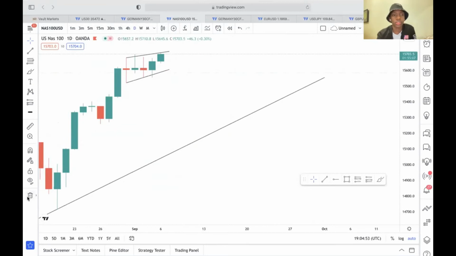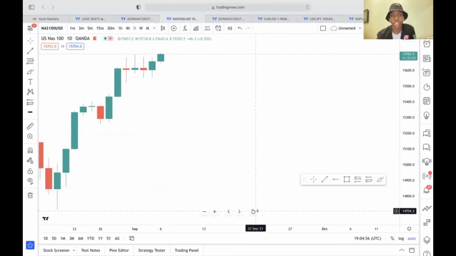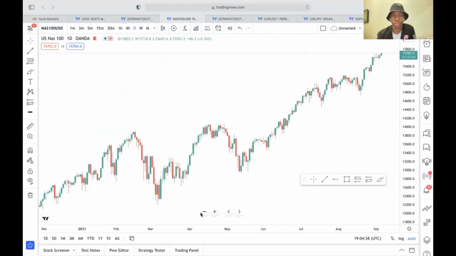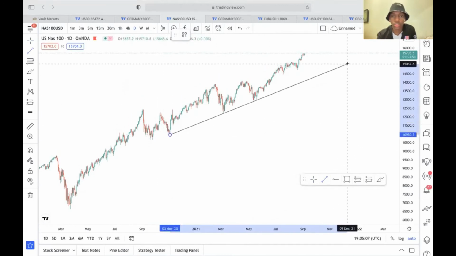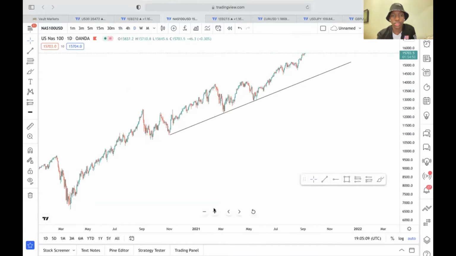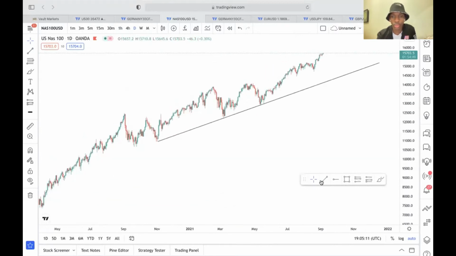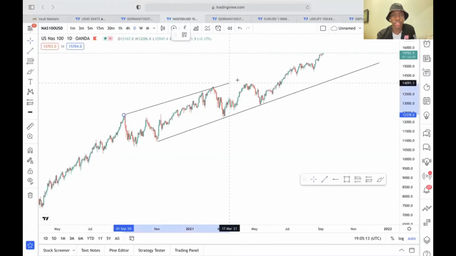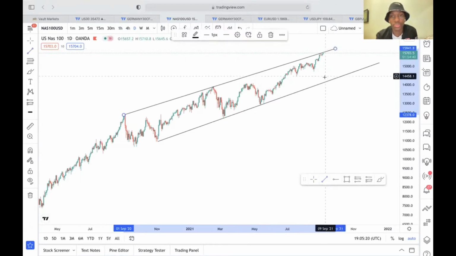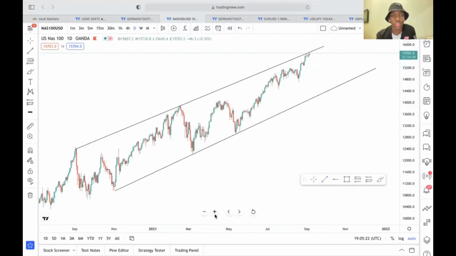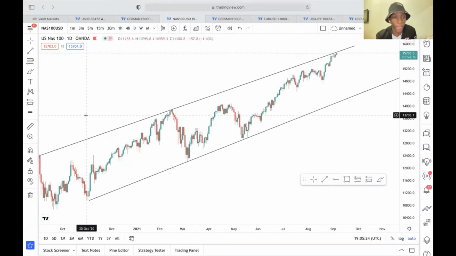NASDAQ. This thing isn't the same anymore. So guys, as I said, you connect your trend line on the lows, let me just zoom in a bit, on the lows and then on the highs. So on NAS we've been sitting on the third touch for a very long time, and this thing is supposed to drop. The reason why I say that is because, look, guys,